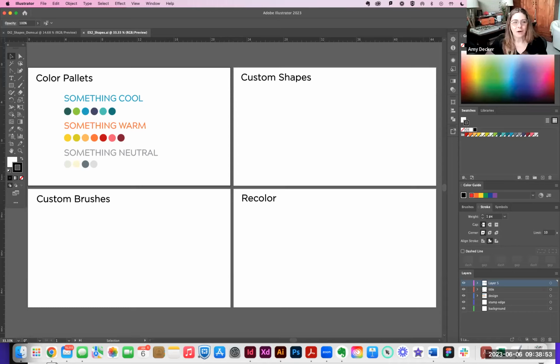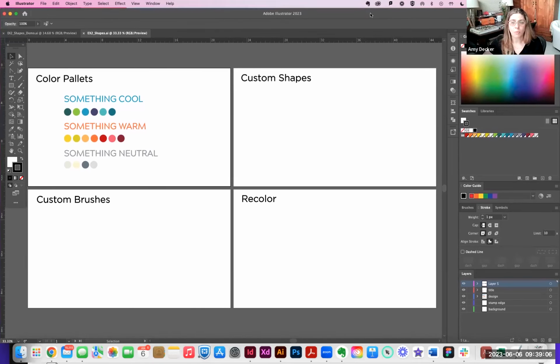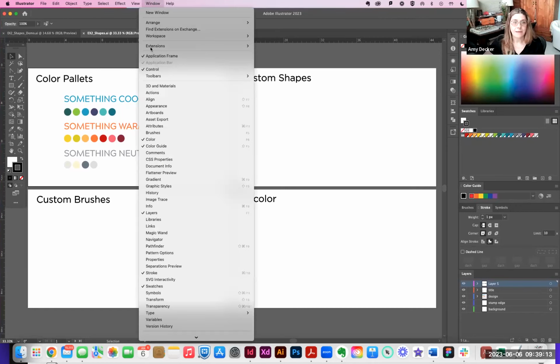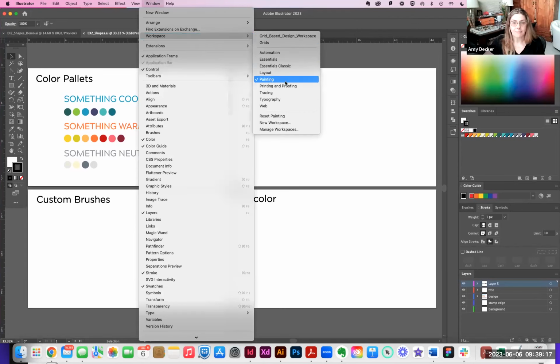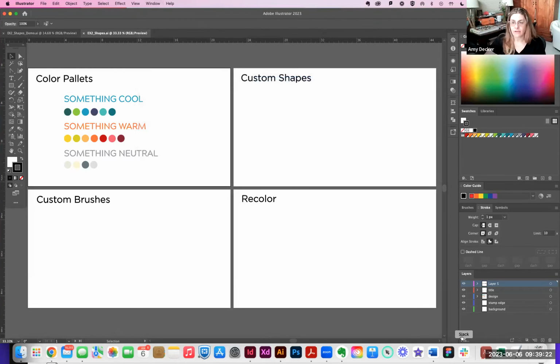Okay, here we are. We've opened up the Illustrator file, the exercise 2 shapes file, and I have it set up with 4 artboards and a color palette. The first thing I'd like us to do is set up our workspace so that I want to get yours looking like mine. And that is, I want you to go up to Window and go to Workspace and choose Painting, the Painting workspace. That's going to give you all of these windows open on the right with the colors